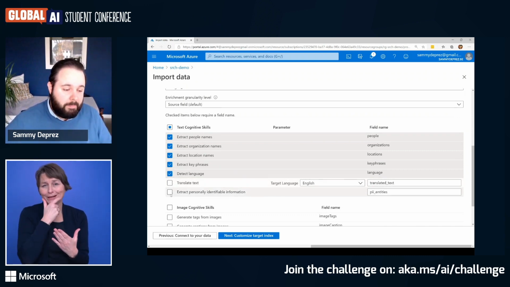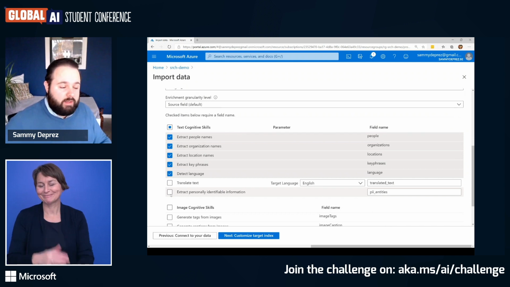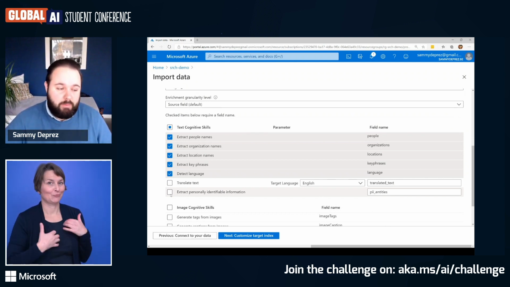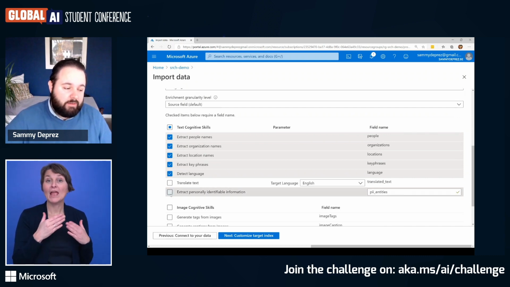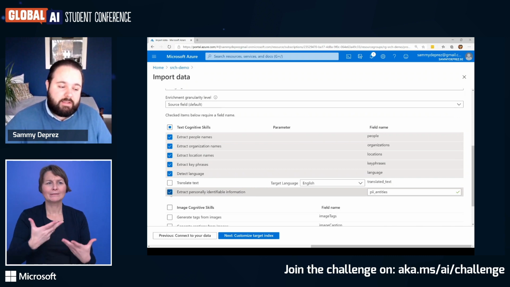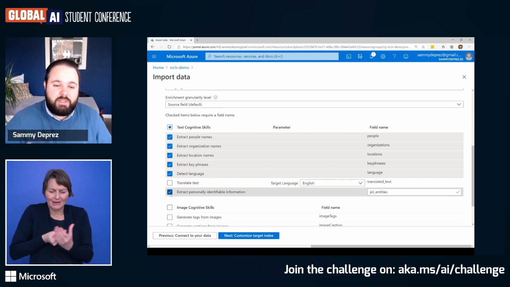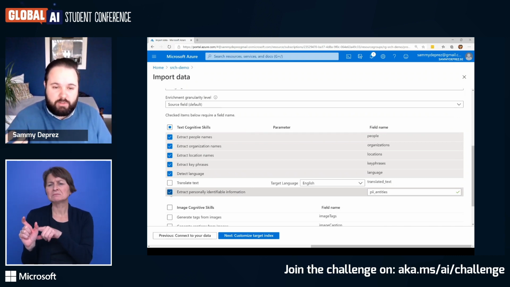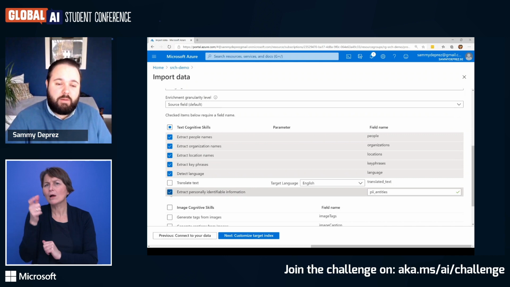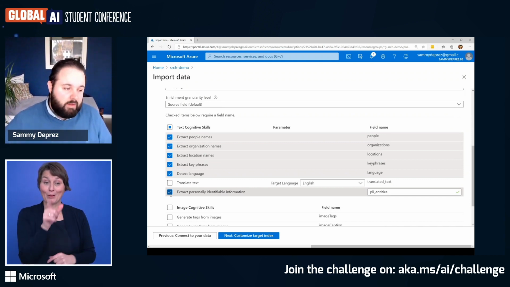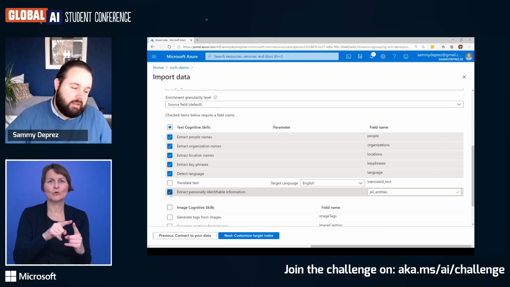Another feature that is quite interesting, especially if you want to make your service at the end public, is that you want to identify personal information. And by identifying it, you create an object that will tell you where and what information can be found about a specific person. You could use this, for example, to remove or redact that information. This is all on text analytics.